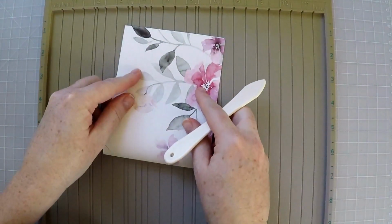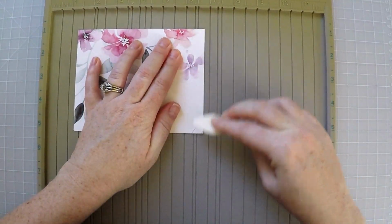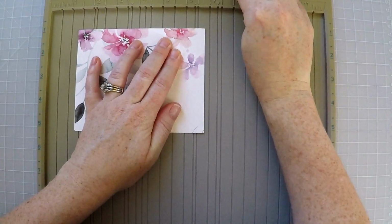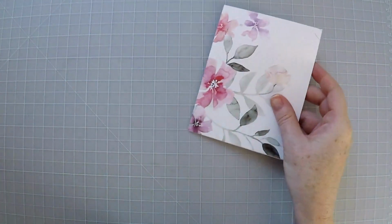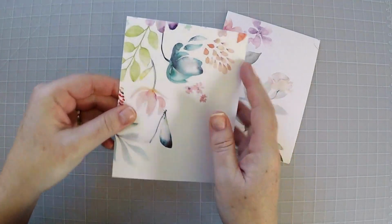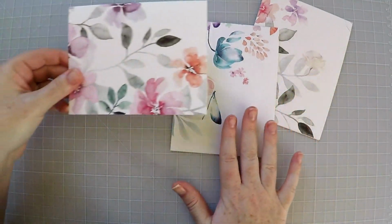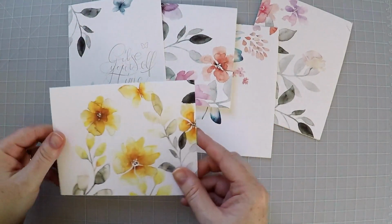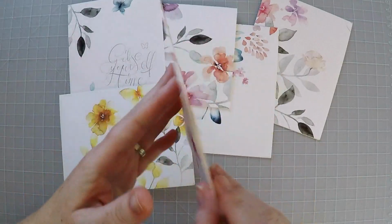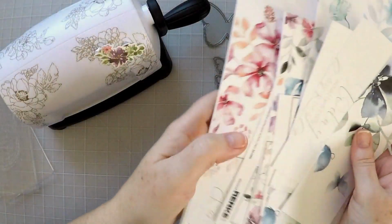into top folding cards. And here in a minute, you're going to see all of the different card bases that I created. And what I love about these papers is that not only the front is decorated, but the back is also decorated. It's a really thoughtful detail, for one. And these papers are just so gorgeous on their own that I really loved being able to just turn them